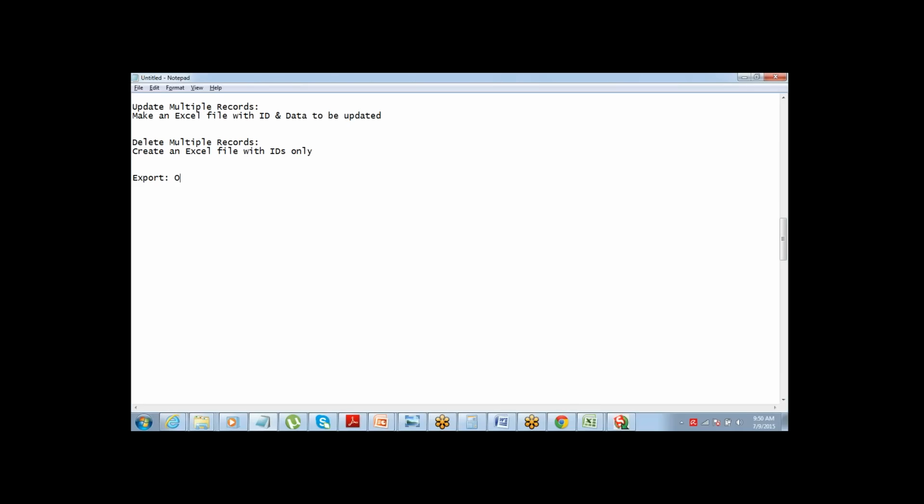Opposite of insert. In insert, I'm creating an Excel spreadsheet, CSV file, and then inserting the data into Salesforce. With an export, I'm taking the data from Salesforce and forming a CSV file. And the requirement can be something similar to what Manjit was just asking. If I do not have the IDs available for the record and I still want to perform an update or delete operation, I can just do an export to get the IDs and then perform the delete or update operation. Alright. So how this is done, let's have a look at it.